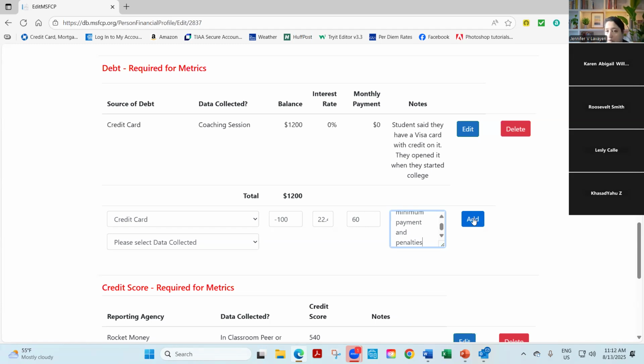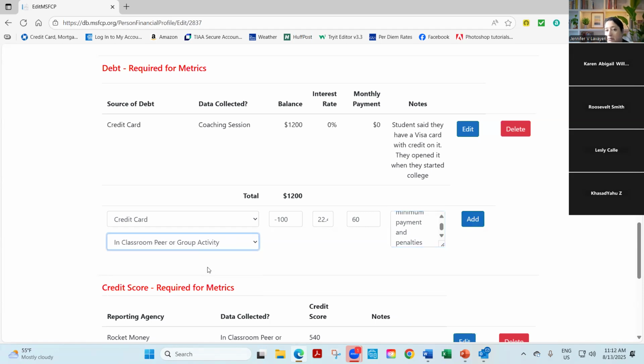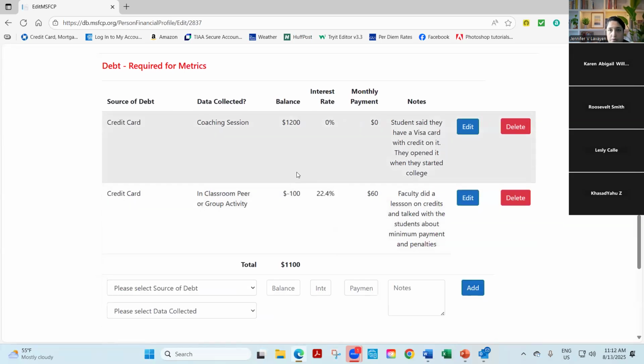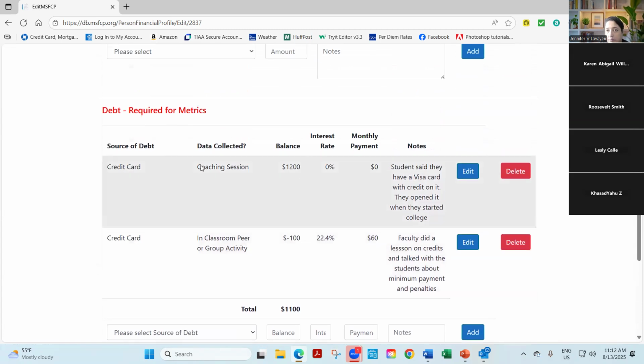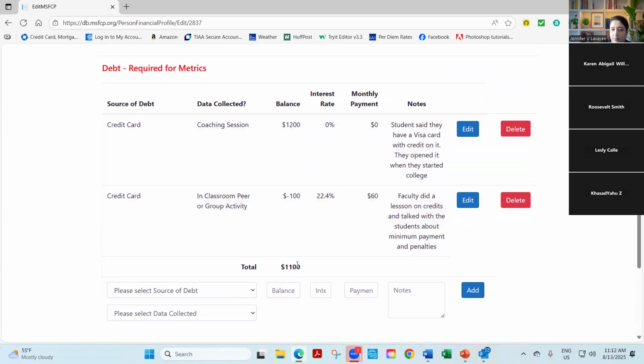Thank you. So I would try to add that, and I'd say this was in a classroom assignment, and it was in a class or group activity that they did that. And now it's added to the debt. And it says it's minus $100 down to $1,100. And this is what the APR is, and this is what the minimum payment is. Now, that $1,100, the student may say, well, wait a minute, my credit card statement says $1,122.46. That's a great place for you to be able to say, yes, you paid off $100 over that $1,200